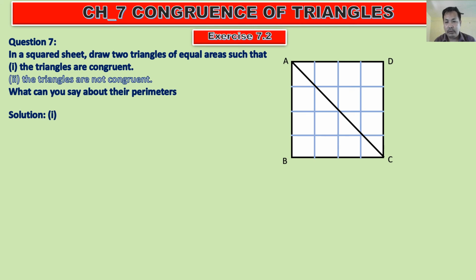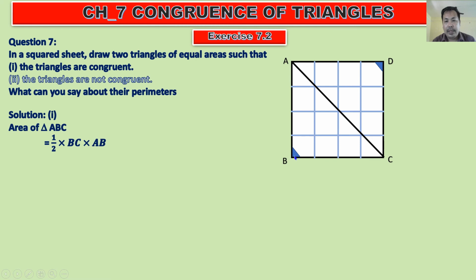In these two triangles, you can see that angle B is equal to angle D, as you know that they are 90 degrees each, the angles of the square. You know that, isn't it? Then let us start the proof here. Area of triangle ABC is equal to half of base into altitude. You know that the area of a triangle is half base into altitude.